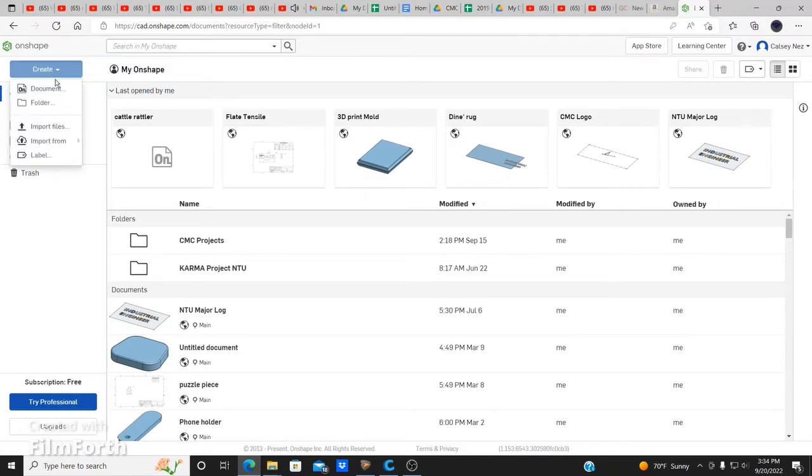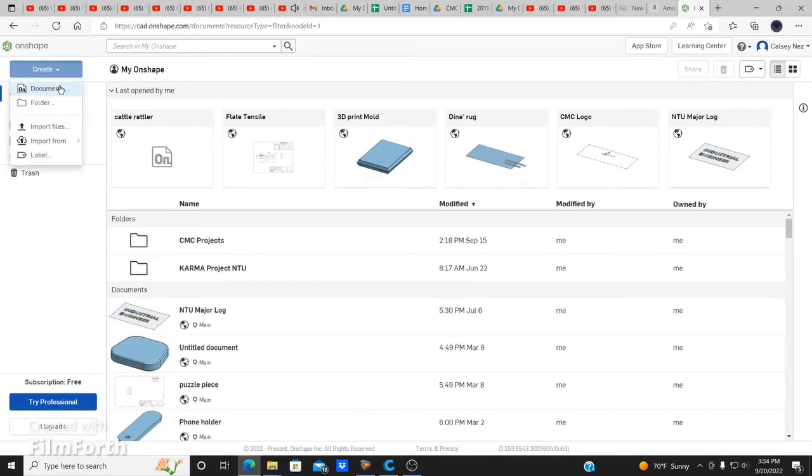So we have these functions: documents, folders, import files, import from the cloud, and labels. On these two right here is where we focus. Document means that you begin your first project that you want to create. Folders is where you create your own folders in different assigned areas. If you create your folders in a different manner, for example, these two right here, I have to keep them separate because they're two different projects I have been doing recently, and that way you get to create